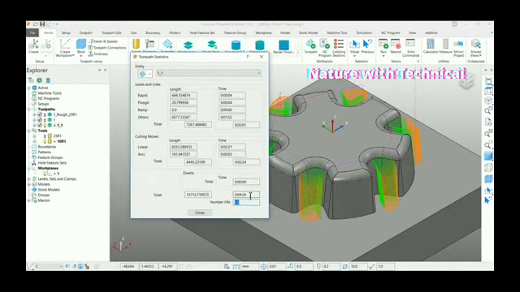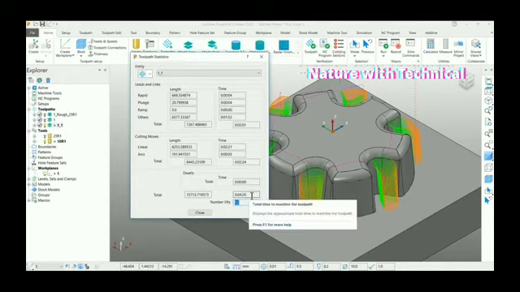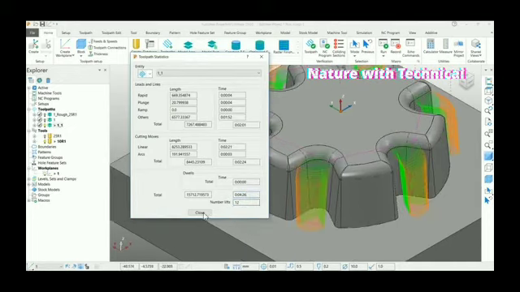So there are two benefits: your timing is reduced, and your lifts are also reduced. But the main benefit is that if you run this continuous toolpath, the programming time in PowerMill and the actual machining time will match.